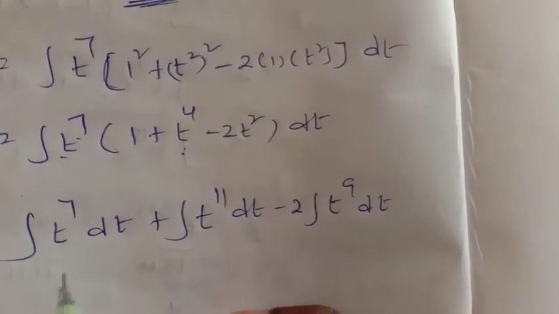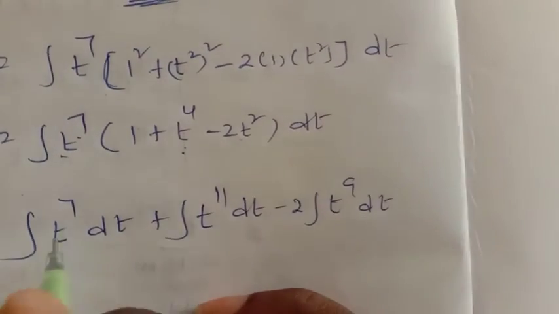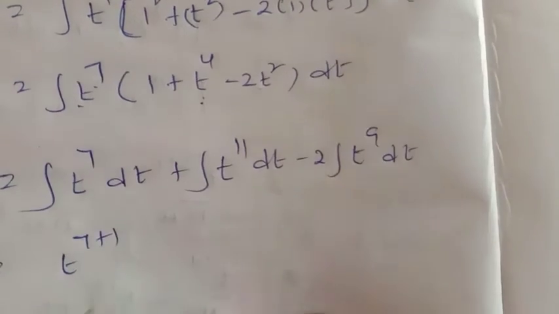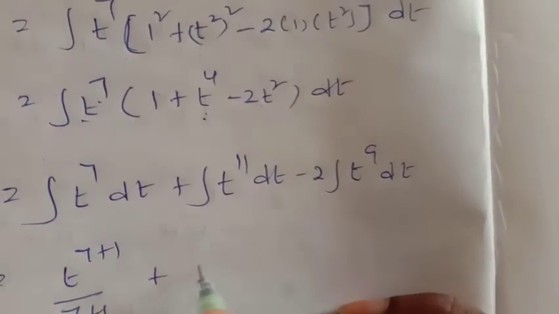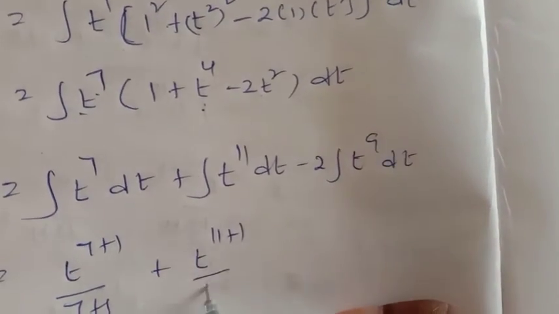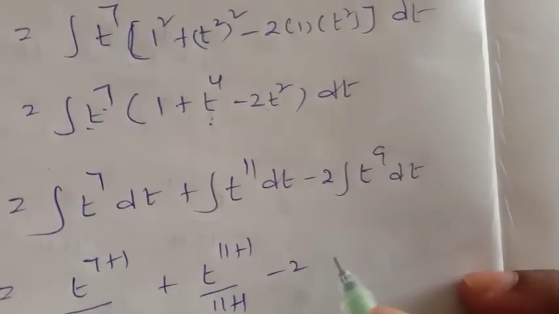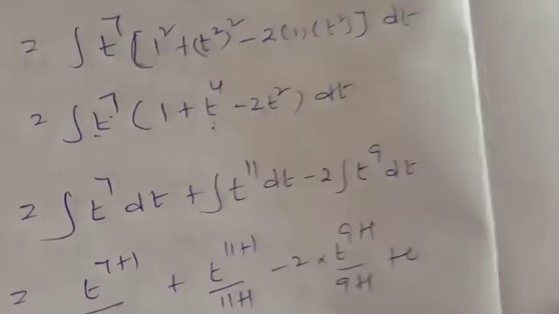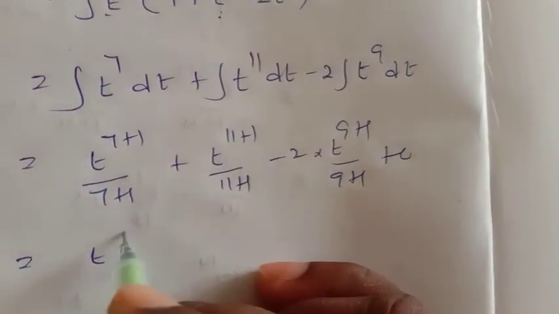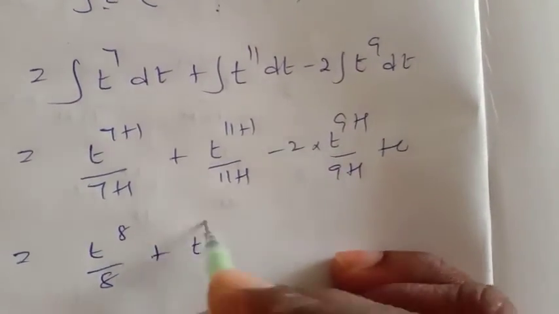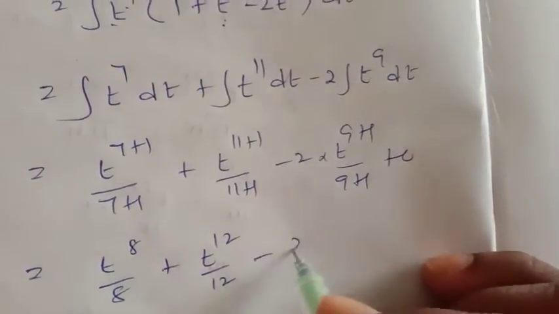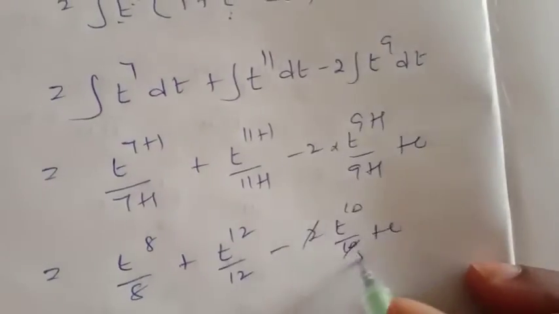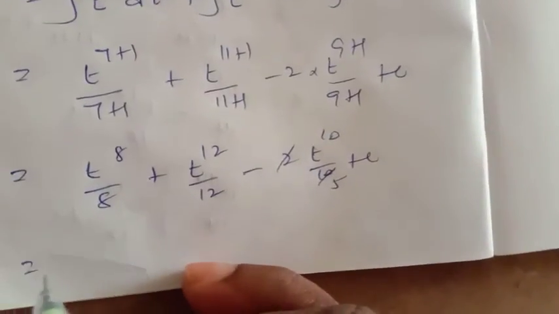Here apply the formula x to the power of n equal to x to the power of n plus 1 by n plus 1, that is t to the power of 7 plus 1 by 7 plus 1 plus t to the power of 11 plus 1 by 11 plus 1 minus 2 to the power of 9 plus 1 by 9 plus 1 plus c, that equal to t to the power of 8 by 8 plus t to the power of 12 by 12 minus 2 into t to the power of 10 by 10 plus c, 2 ones are 2 fives. Here substitute the t value, we get